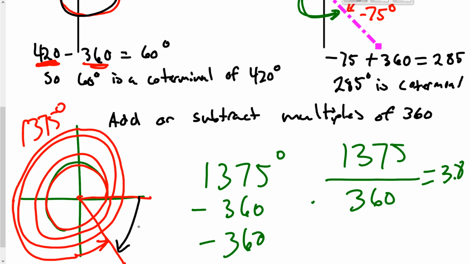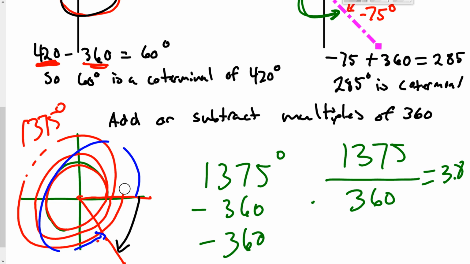That would be a coterminal, but I want the smallest positive, so that means I need to find this one, okay? So what we can do here is take this 3.8, and since the 1375 is positive, I can take 360. Basically I'm going to go 3.8 rotations, but I'm going to take away, erase this as 0.8, and figure out, okay,